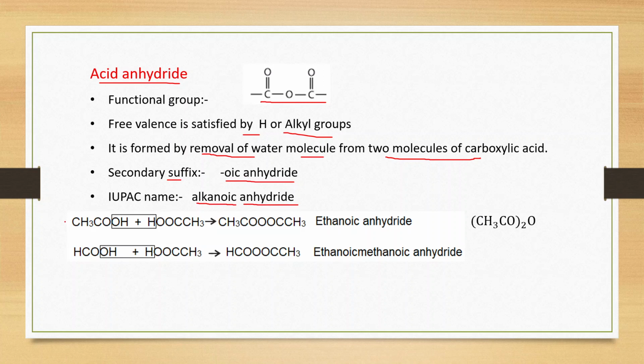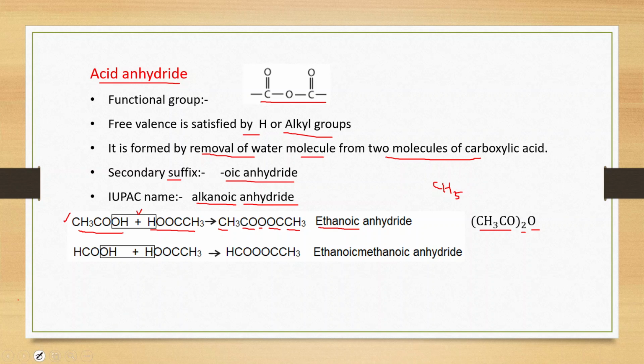Just see one example. This is ethanoic acid. This is another molecule of ethanoic acid. From 2 molecules of ethanoic acid, one water molecule is removed like this. So we will get CH3COOCOCH3. Now this is obtained from ethanoic acid, so its name is ethanoic anhydride. Clear? This can also be written like this, (CH3CO)2O. If we expand it, this is CH3,